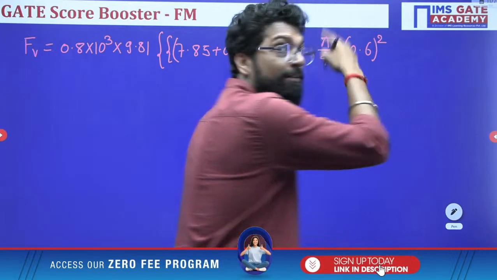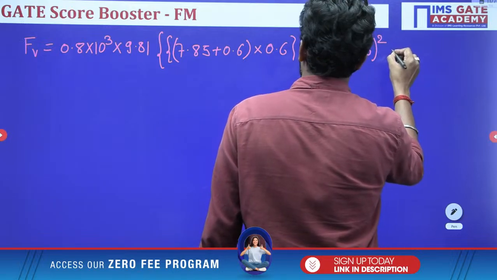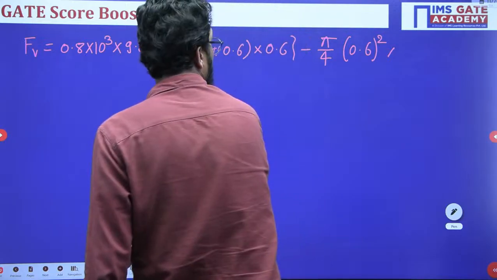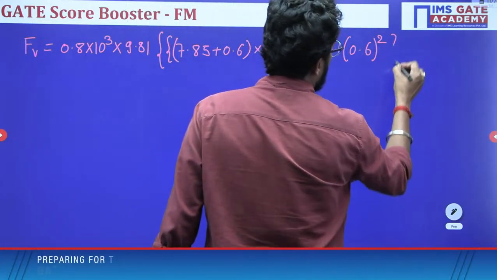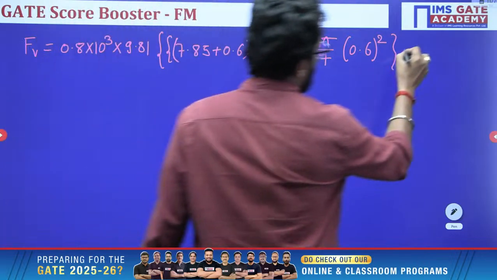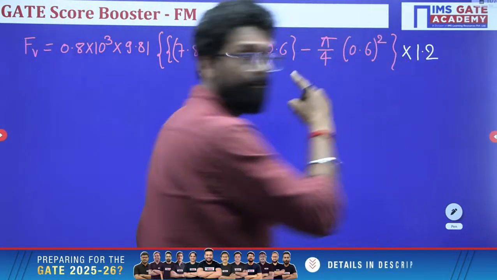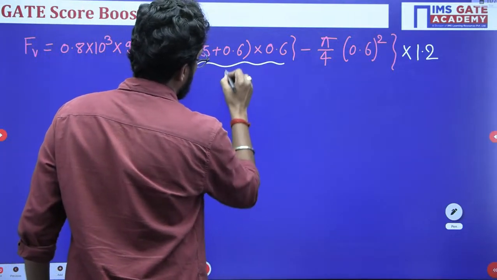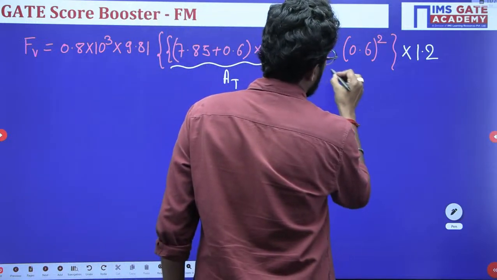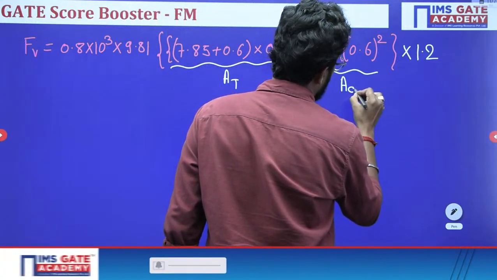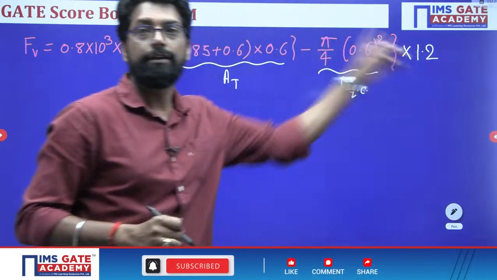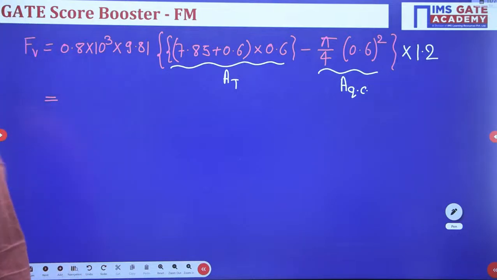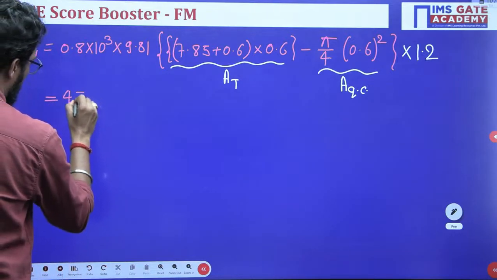All multiplied with the width, and the width is 1.2. This is your total area minus the area of the quarter circle, into width, that is the total volume. If you calculate this, the vertical force is 45.08